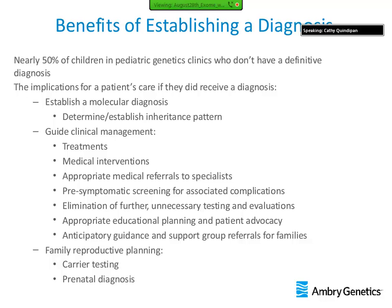The benefit of providing and establishing a diagnosis for patients is that in the pediatric genetics clinic, we're seeing that about 50% of children do not have a diagnosis. And not only does a molecular diagnosis help establish an inheritance pattern and provide options for families, but it also really helps clinicians to modify healthcare management. So it guides treatments, medical interventions,